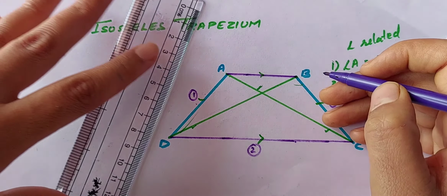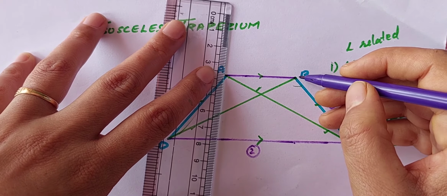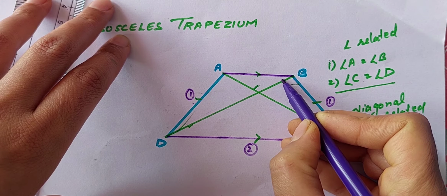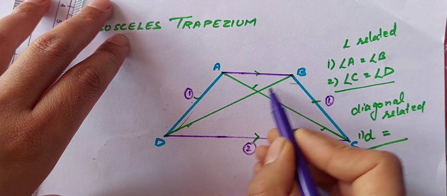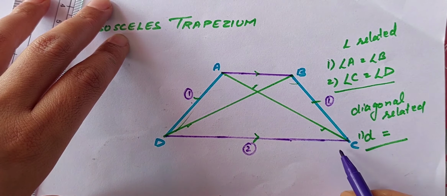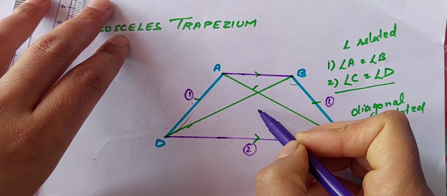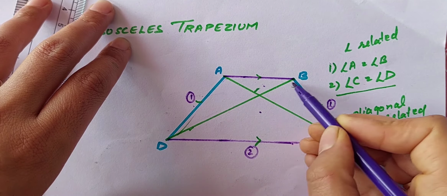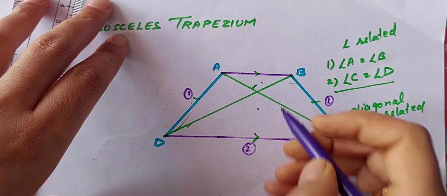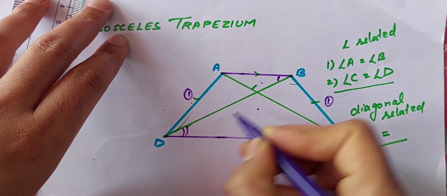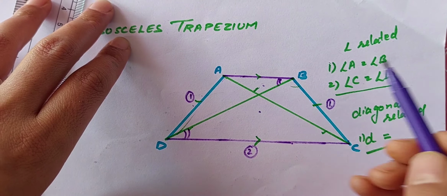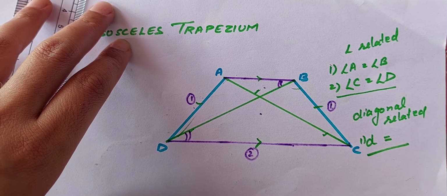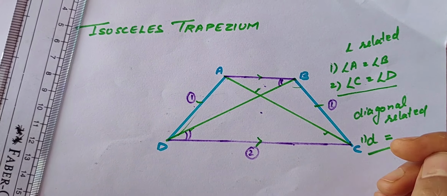Let's see what we can do. Parallelism can either help us to prove this angle equals this because there is a Z, or this angle equals this, but still we cannot prove any other, these are not congruent. Moreover, this triangle is not congruent to this, so we cannot use them as a congruency equality. But we need to make use of something.